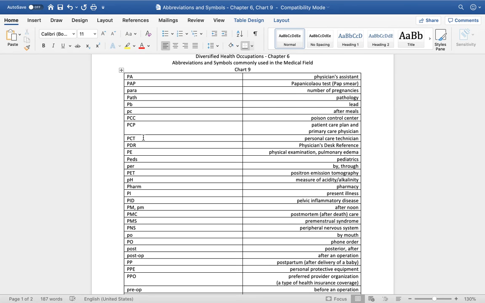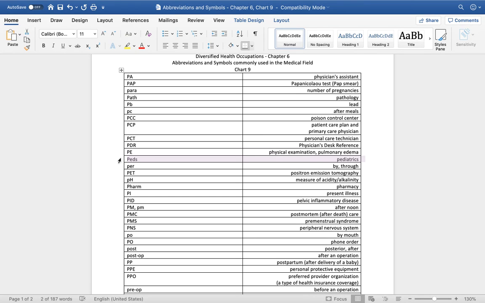And then pulmonary edema is the other meaning for PE. And I posted a video on that. Ultimately, what it means is fluid retention in the lungs, but it has a bunch of different etiologies. So it has many causes. It could be cardiac. It could be just strictly from something going wrong in the lung itself. It can be caused by a few different things. So watch that video and I'll give you more in-depth information.